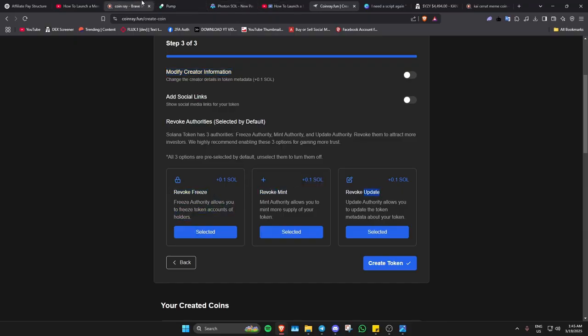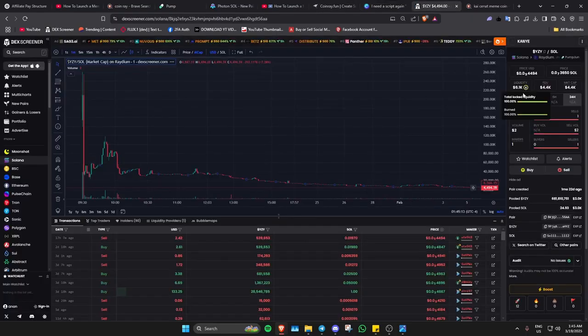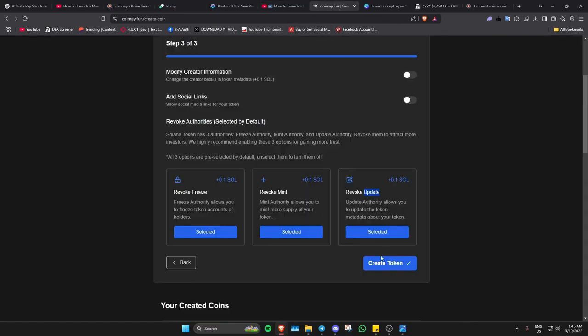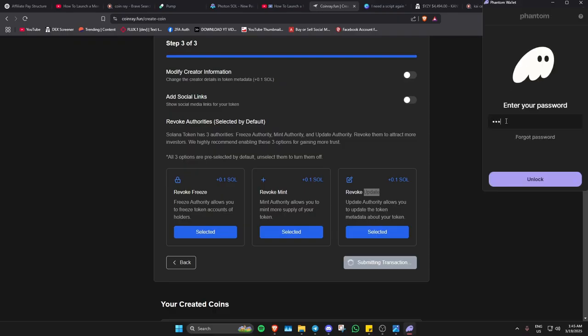Because what this allows is right here, as you guys can see, the liquidity is locked, meaning that it'll show up as this lock button, which means that you can't take out the money. But what the software allows you to do is take out the money even when it shows the liquidity is locked, okay? So now you're gonna press create token here, and it's gonna show here this, and it's put in